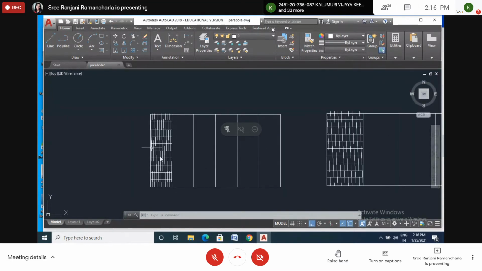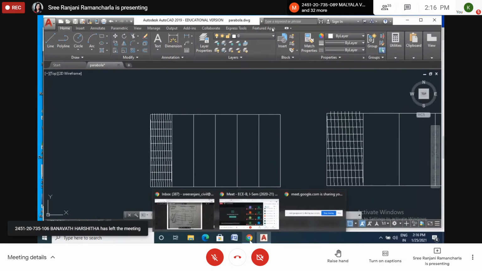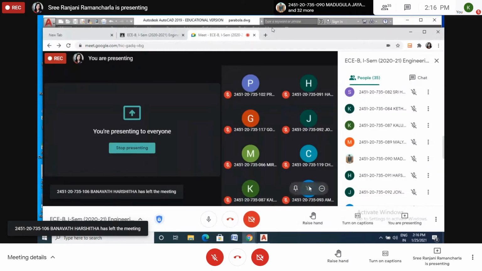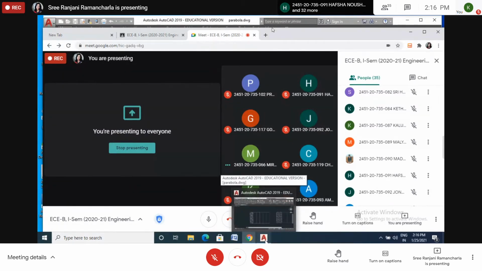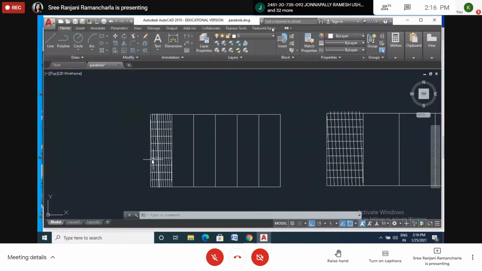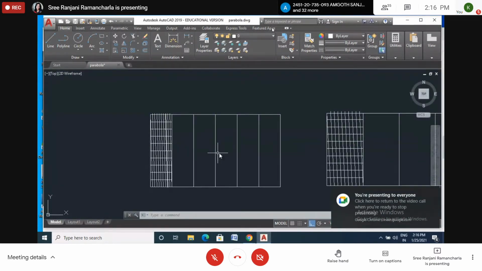So draw this one. Then how many divisions you have to make? Why here did I divide into 6 divisions? Roll number 66, why did I make 6 divisions here? Because they gave the maximum length up to 6 meters. Yes, because the maximum length is 6 meters. So I divided into 6 divisions.